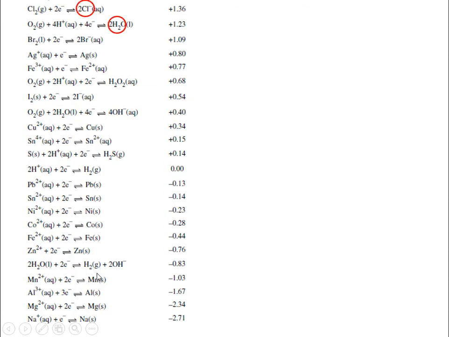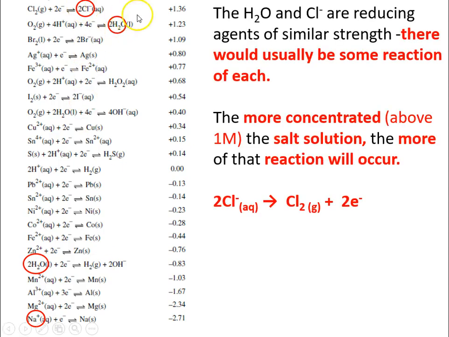So if we analyse this a bit more, the chlorine and water reactions are very, very similar in E0 value. The voltage between them is quite close. So in reality, some of this reaction would be happening instead of this reaction. The more of this reaction that can happen, the more that we get the electrons from the chloride ions rather than from the water, the less this reaction would happen. So if this reaction happens, you make chlorine gas, which leaves, and you don't make hydrogen ions, which would react with this. So to force this reaction to happen more,